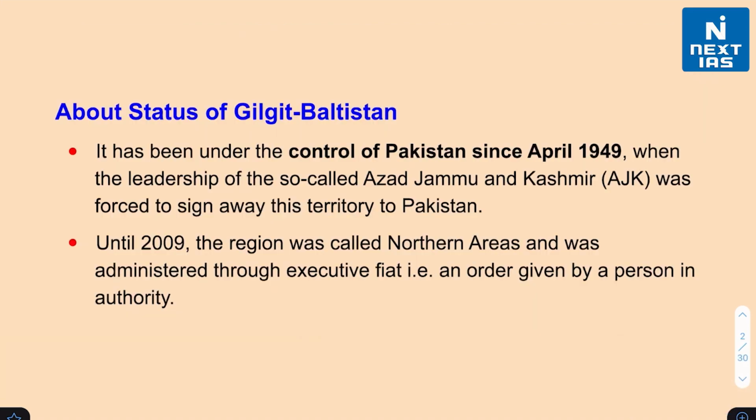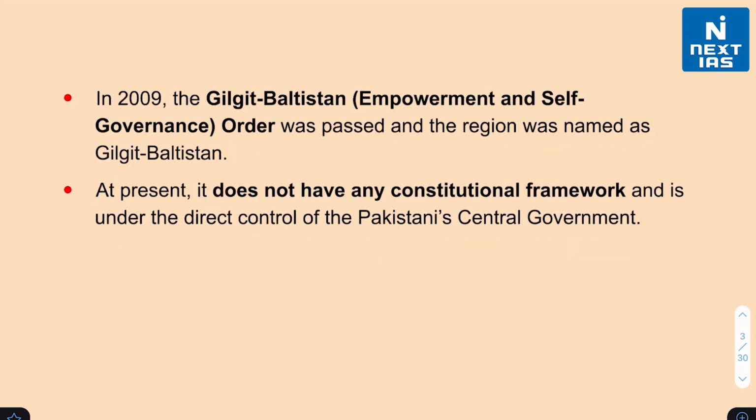Now talking about the status of Gilgit Baltistan, it has been under the control of Pakistan since April 1949, when the leadership of Azad Jammu and Kashmir was forced to sign away this territory to Pakistan. Until 2009, these regions were known as Northern Areas. In 2009, the Gilgit Baltistan Empowerment and Self-Governance Order was passed, and this region was named Gilgit Baltistan. At present, it does not have any constitutional framework, and it is under the direct control of Pakistan's